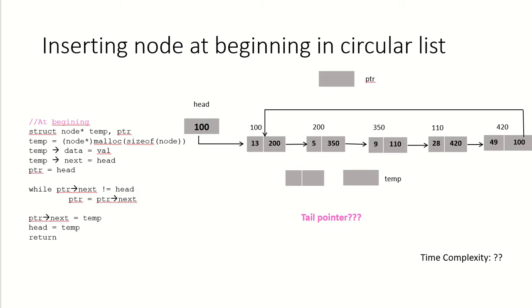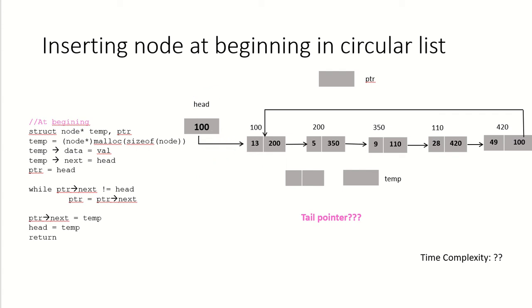If we have to insert a node at the beginning of the circular list, suppose we have to insert a node over here, what are the changes that are required? First of all, this new node has to start pointing to the node which is currently in the linked list. We have to update the head pointer, and also the value of the pointer in the last node will need to be updated to point to this new node, as this will now become the first node of the list. So how can we take care of this?